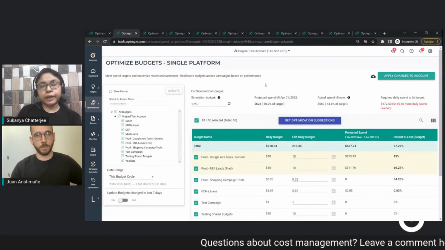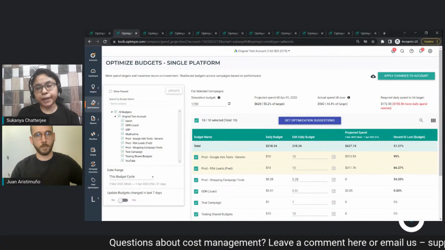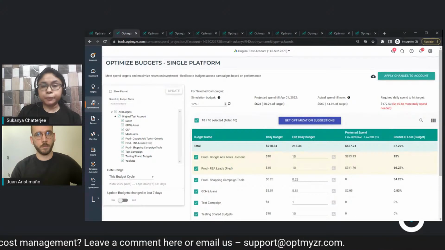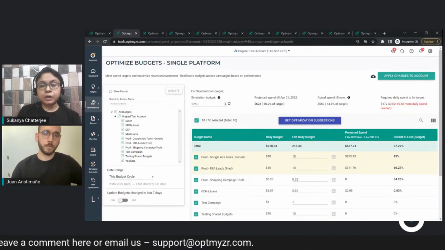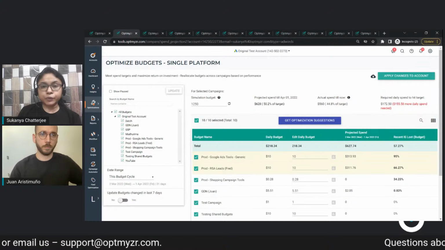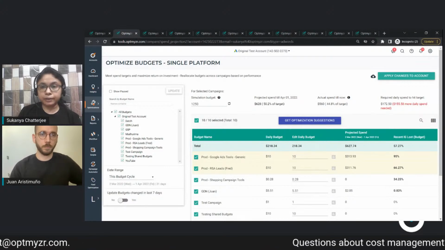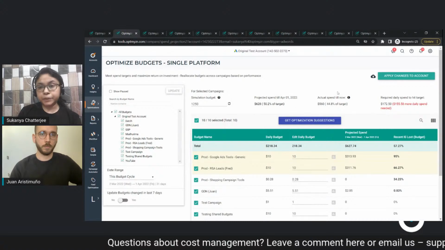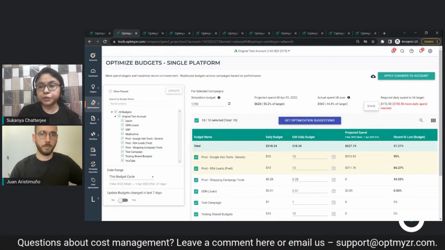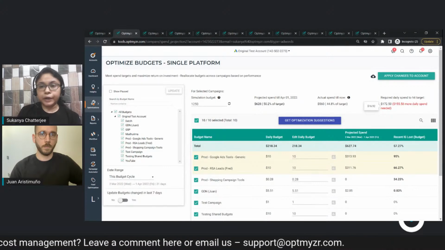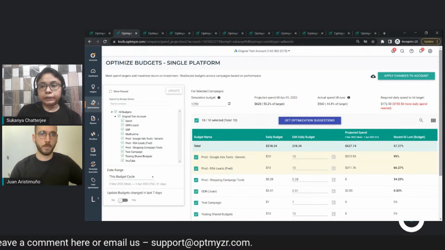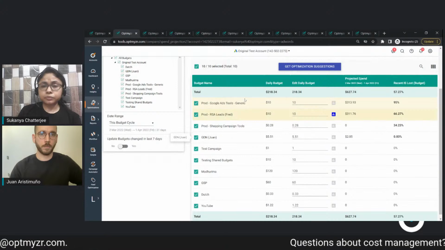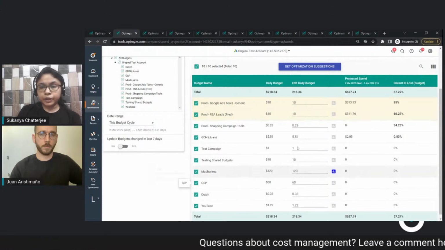This tool analyzes the spending of all your active budgets in the account, campaign level budgets and shared budgets, and then you put a target budget over here, the simulation budget, and for that budget, it gives you a projected spend till the end of the budget cycle, also the actual spend till now, and it translates this monthly target budget to daily budgets and tells you how much more exactly you should spend in order to reach your monthly target budget. Then the tabular analysis over here shows all the active budgets in the account, and you can edit these